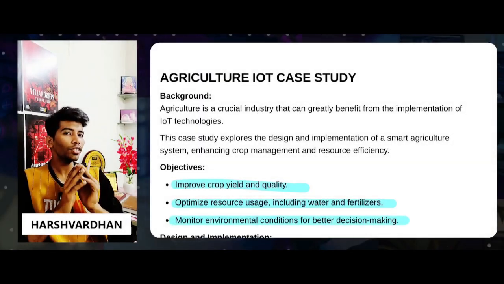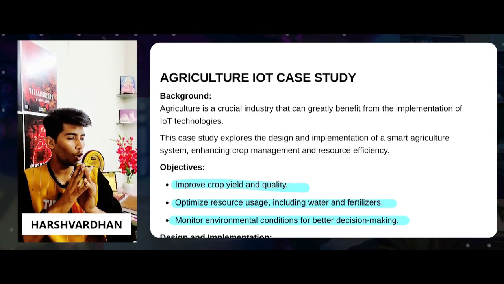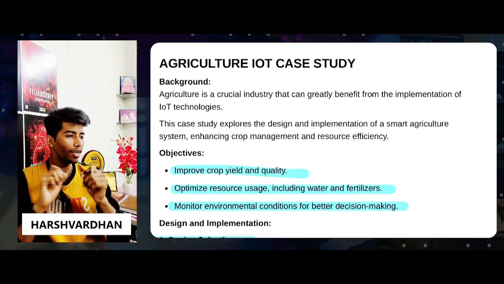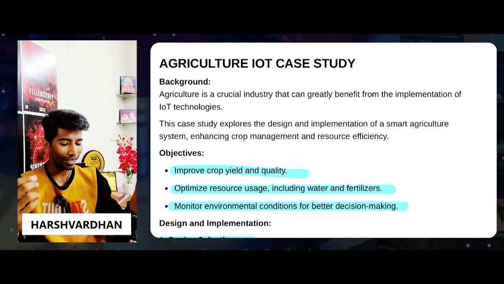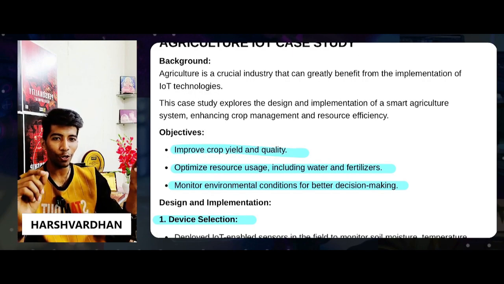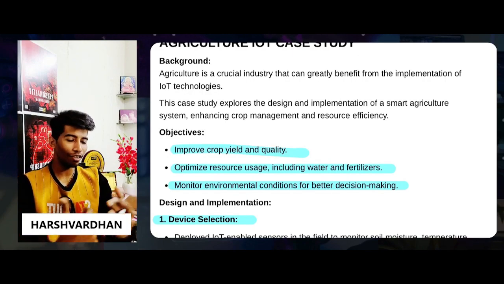Okay, so let's take a quick look over that so that we can understand the more technical details of this particular problem. Talking about the agriculture IoT case study, I will take a quick look over it because we have already covered this before in this podcast. So let's talk about the next thing. More than a learning video, you are just seeing it as a podcast, if I'm not wrong, because we are just sharing the stuff with you.